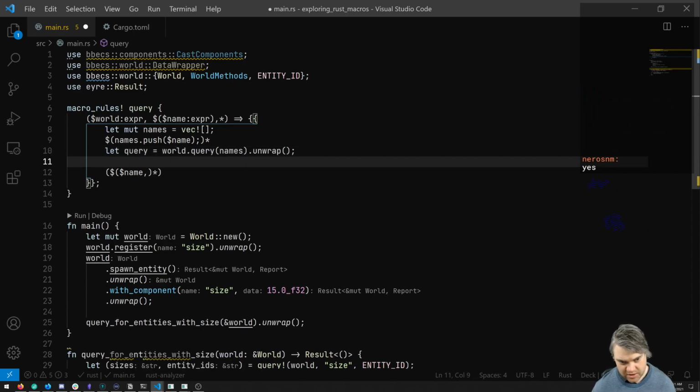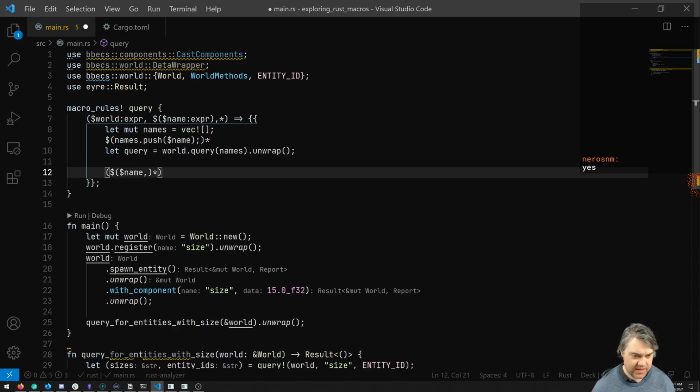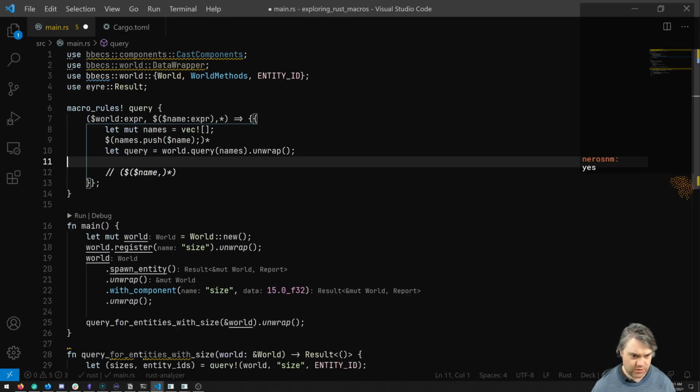And now we should have a hash map of query. So for example, if I just return query here,